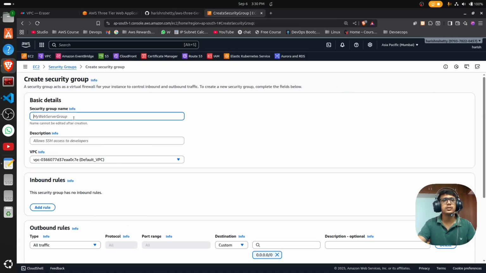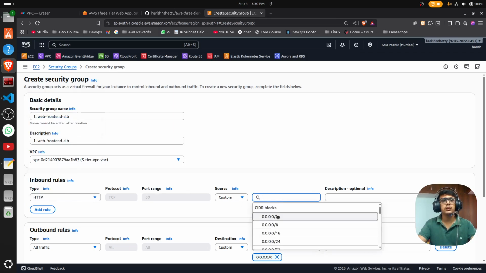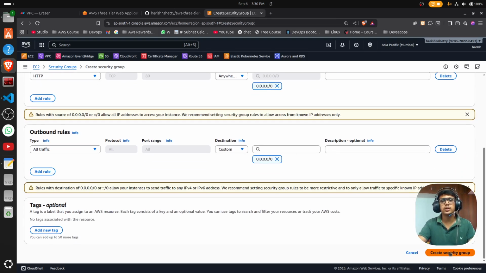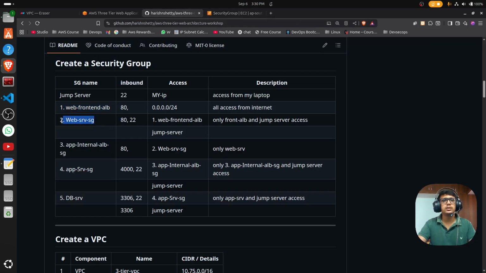create. Inbound HTTP. Click on the okay, public, create VPC. And the third one is web server security group,